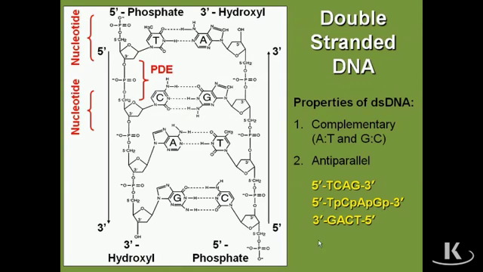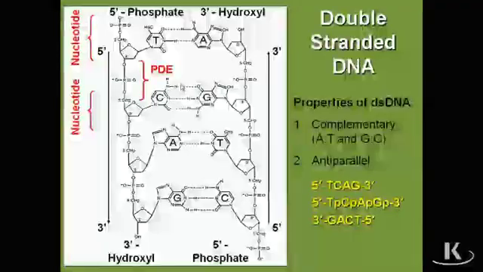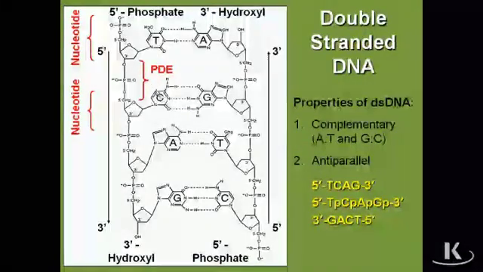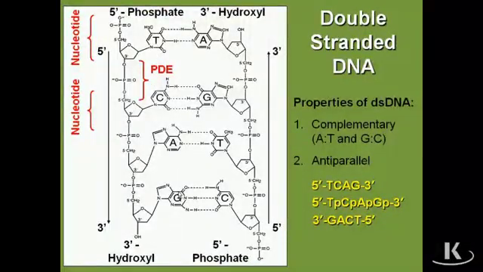This is where some folks reviewing DNA information get tripped up, and I want to make sure that you're very clear on how this works. The sequence here from 5' to 3' reads TCAG. But how does it read from 3' to 5'? If you start at the 3' end, it reads GACT. Notice down here, from 3' to 5',